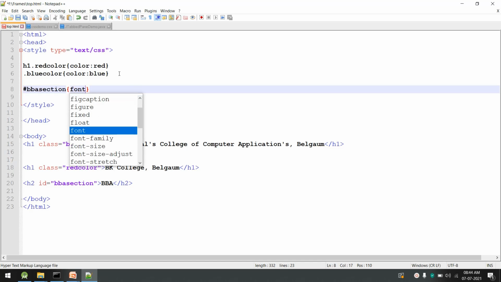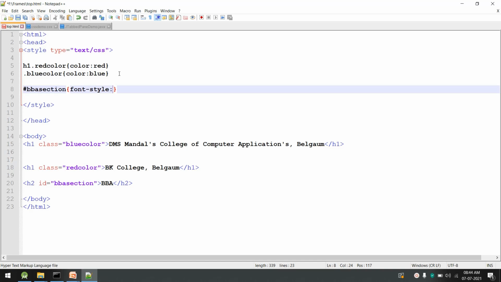So I'll say font-style colon italic. We are applying a font style to the content of the H2 tag with the ID BBA section, and the style applied is italic. I'll save this.